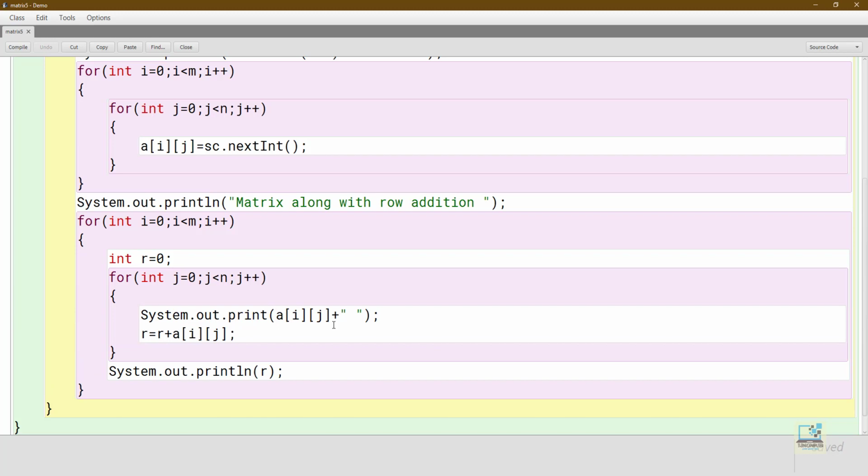So every element that we are printing, as you know, in the inner loop the value of row remains same. So like if I is the row, then row remains 0 first time and column is moving 0, 1, 2, 3 like that. So it is accessing the first row, it is printing the first row. Along with that it is adding it also to the variable r, and variable r is printed after the inner loop is over, means after every row is complete, then the total is printed. Then for the next time again the total is reset to 0. That is how you add row.